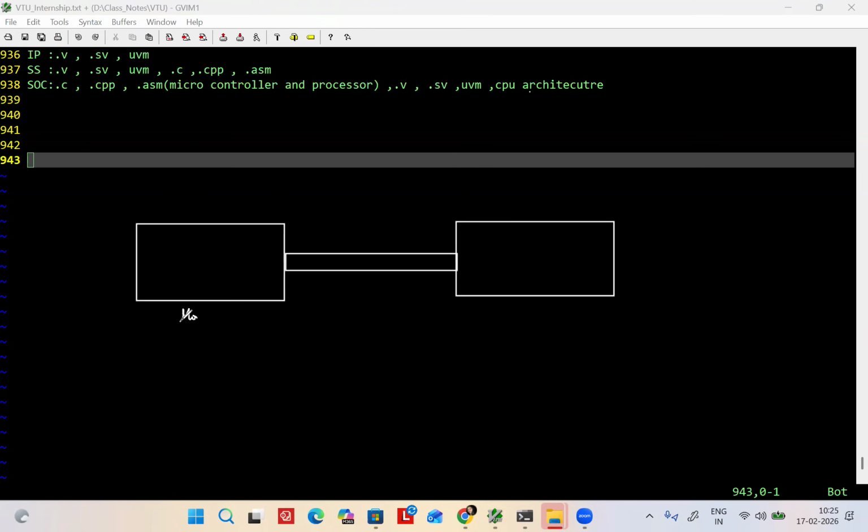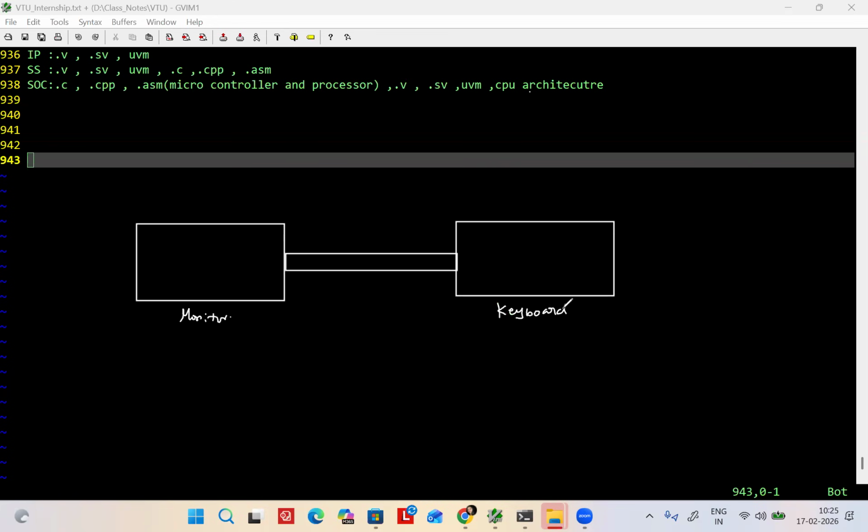See, a monitor has one protocol. In the camera, which protocol do we use? MIPI. Like that, the monitor also has one protocol. Now the keyboard also has one protocol.